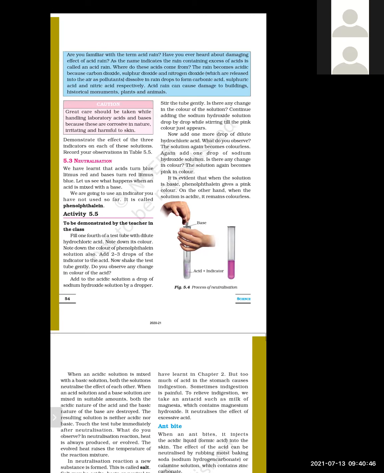We took acid in one test tube and then added a few drops of phenolphthalein solution. Phenolphthalein is another type of indicator. Then we added some base. After some time the color became pink. This pink color shows that the solution is basic in nature, because phenolphthalein is colorless in acidic solution and gives pink color in basic solution.